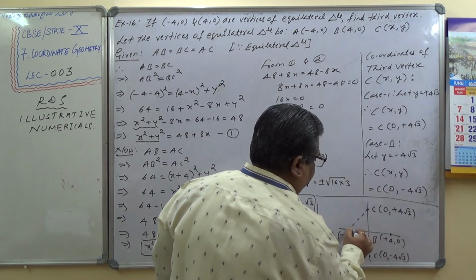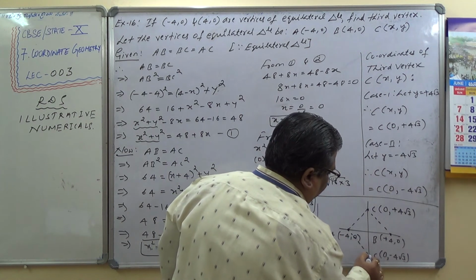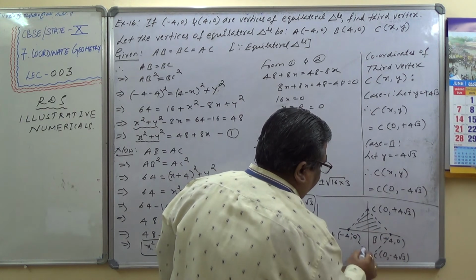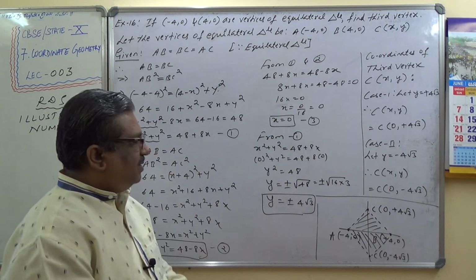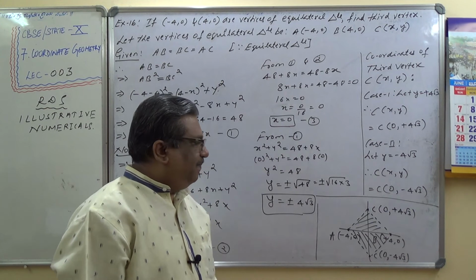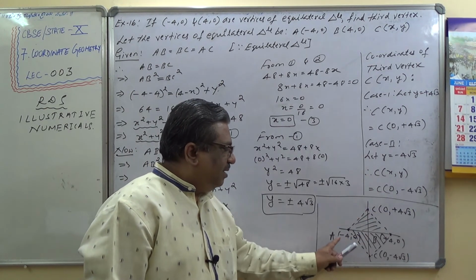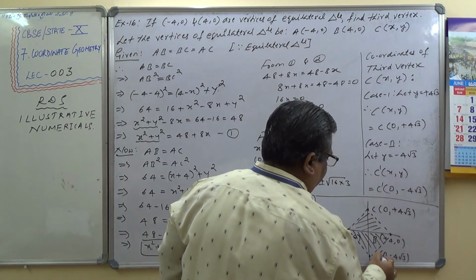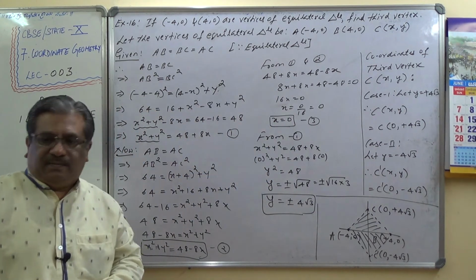So one way of construction of the triangle is this way, and another way of construction of the triangle is this way. So one way is this triangle and another way is this triangle. So the two possibilities are both acceptable. I hope you are able to understand the diagrammatic representation. A, B, C, A, B. If I mention this as C dash also, it's okay. C dash. Okay, something like this. Hope you have understood. Note down.